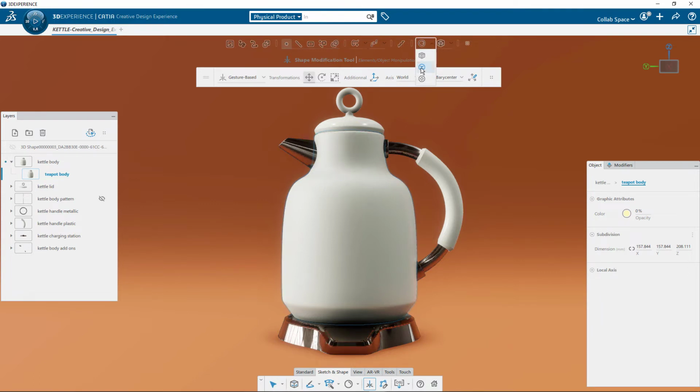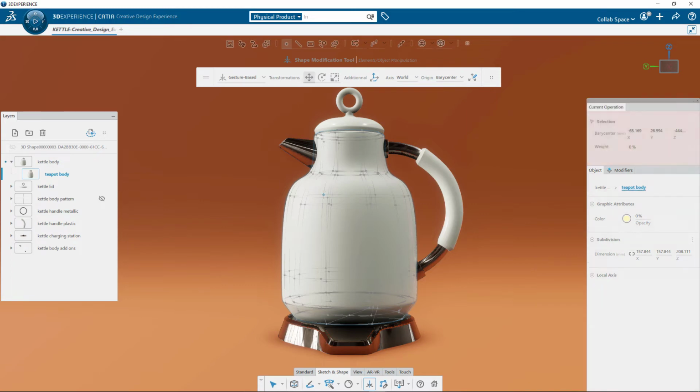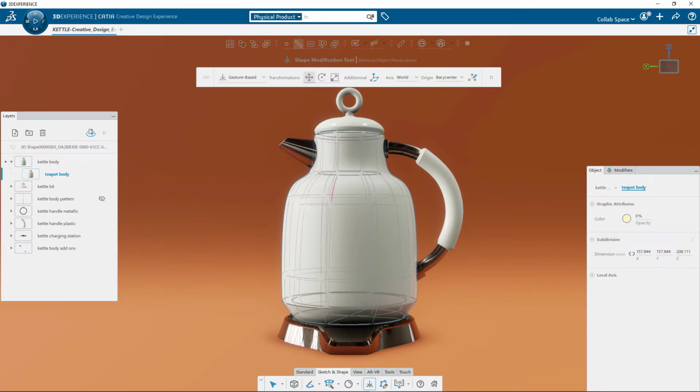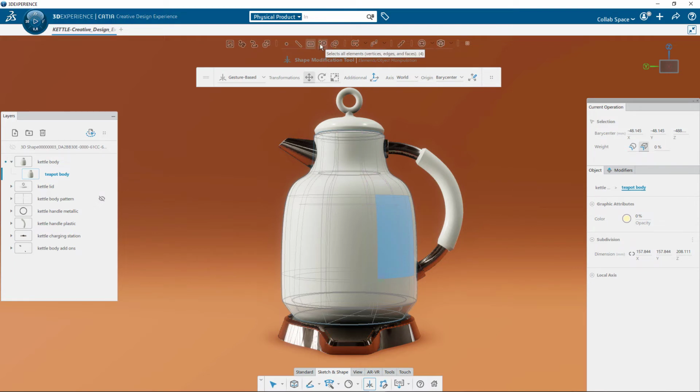We can start with the vertex selection filter. I'm able here to select vertices only, and the pre-highlight shows me as well which vertex I'm about to select and move. I use the Edge Selection filter to manipulate the object only by its edges, or also the Face Selection filter. With the Auto Selection filter, the right just after, I'm able to select any kind of element, faces, edges, and vertices all at the same time.